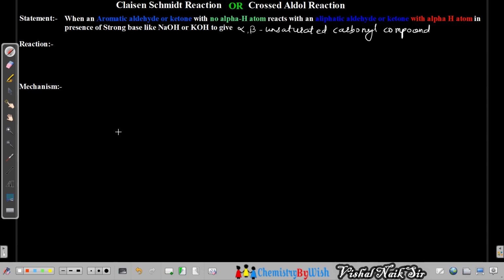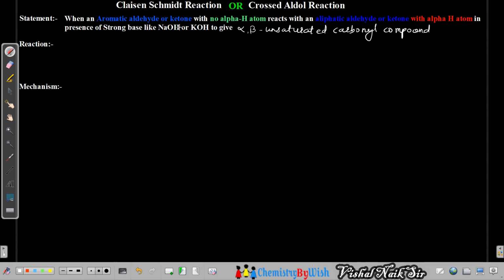So in our last video we discussed the topic of aldol condensation reaction और आज हम जो पढ़ेंगे उसी का extended part है, that is called cross aldol condensation or also called the Claisen-Smith reaction. Why is it called the Claisen-Smith reaction? Because this reaction was discovered by two scientists, Claisen and Smith. So what is cross aldol condensation reaction? तो चलिए स्टार्ट करते हैं हमारे आज के वीडियो को।